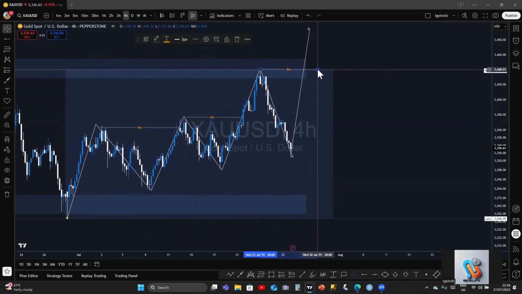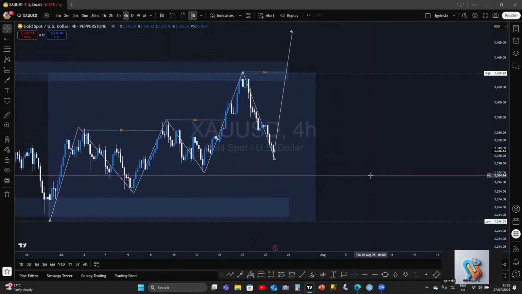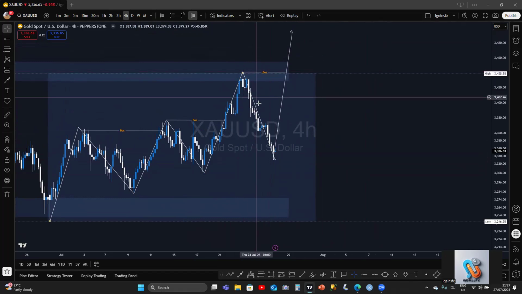Why? Because this guy here has already given us a high. Then this is a pullback. This guy gave us a high, a pullback, gave us a high, pullback, gave us a high, pullback. We should be expecting a high, right? If this guy continues to push to the downside, taking out this low,